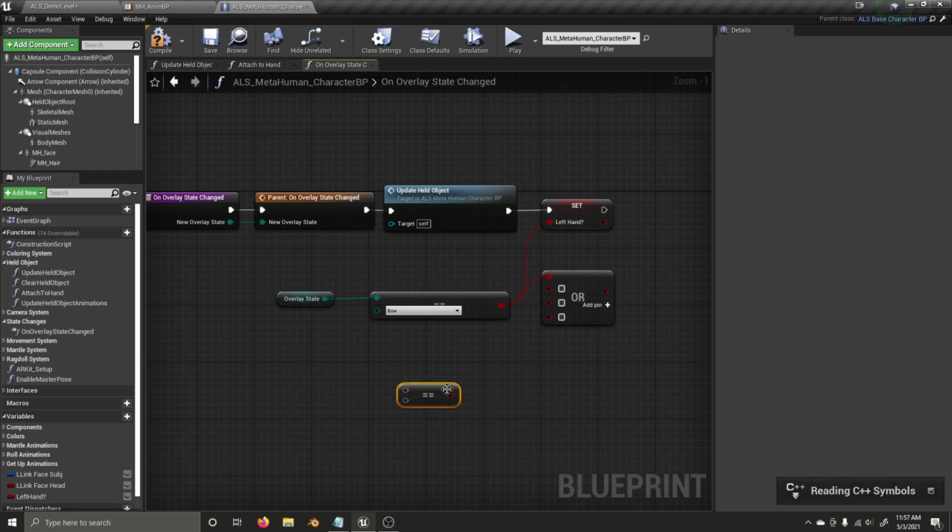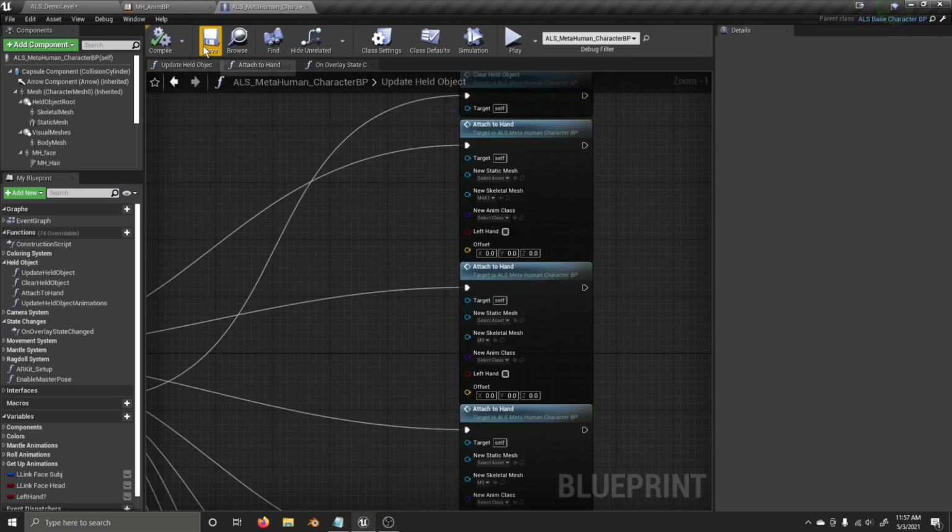Copy this, paste it, connect it up, and select a different state. But we just have the bow. Looks like, yep, undoing does get rid of that. Well, I can just delete that though anyway. Okay, so